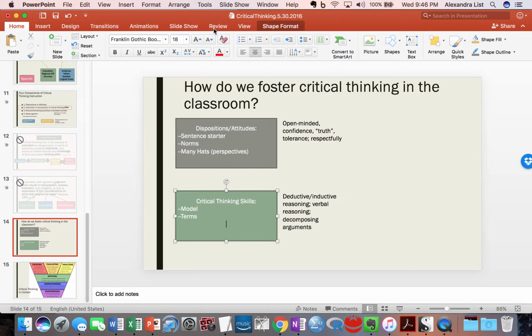A third strategy that I want to talk about that I think is really effective, and again, kind of resonating through all of these, is being really explicit about teaching those skills. So I am modeling those skills. I am talking about the terms that I should be using when I'm analyzing deductive or inductive reasoning or when I'm analyzing an argument. A third strategy for developing critical thinking skills